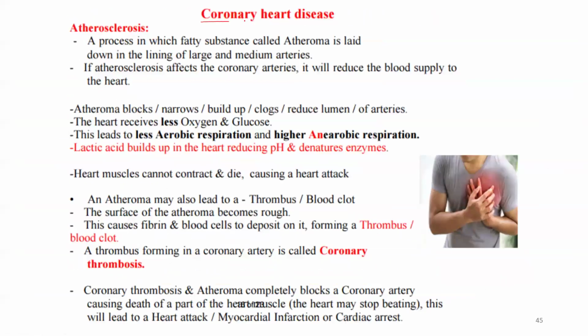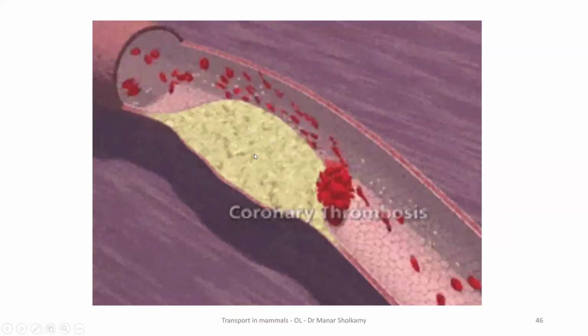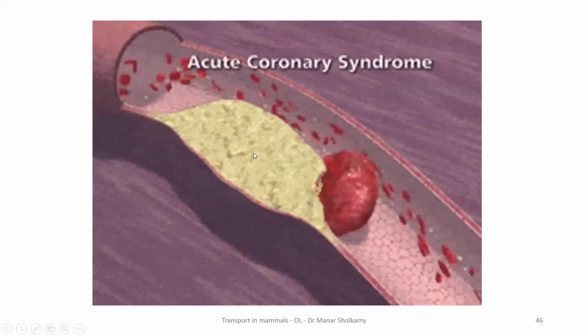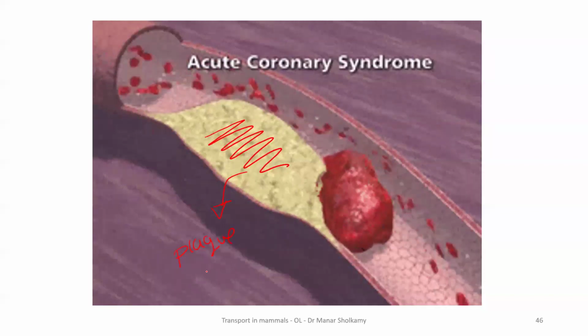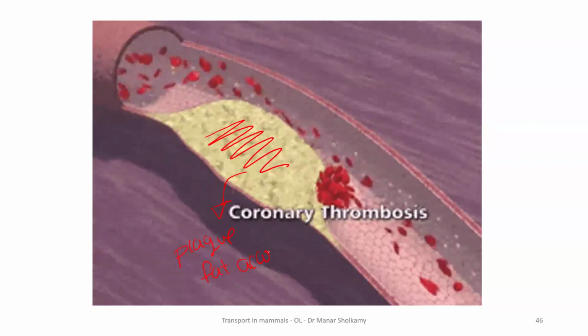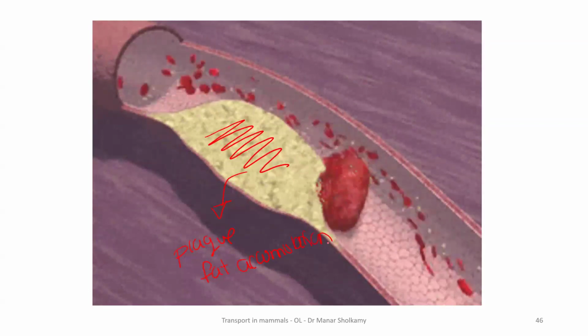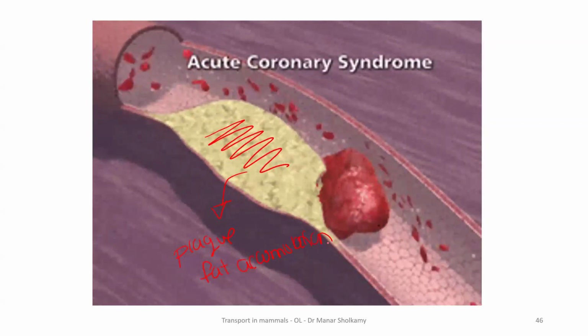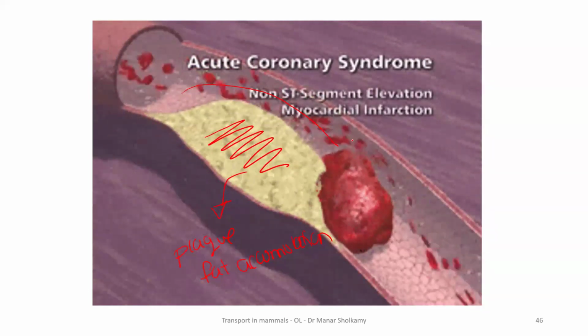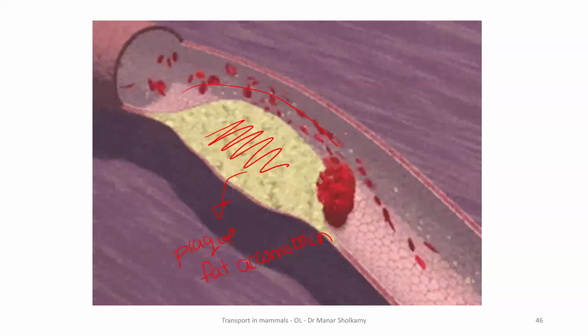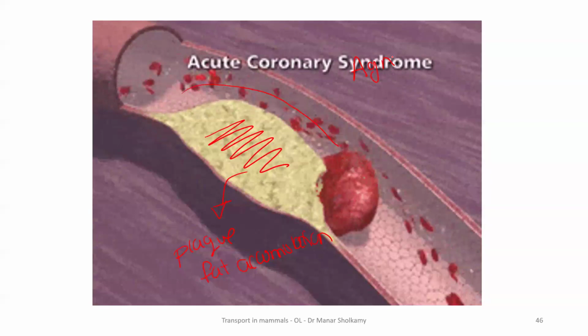Now, coronary heart disease, we took it in the lesson nutrition. You have to avoid McDonald's and noodles and so much fats and cholesterol because this will happen, God forbid. Of course, this does not happen overnight. It happens with time. This is called plaque. Plaque means fat accumulation. Why? Because you're eating lots of McDonald's, because you're eating lots of noodles, especially those two things. You have to stop them entirely because this will reduce the blood flow and the blood supply to the heart and cause pain. And this pain is called angina.